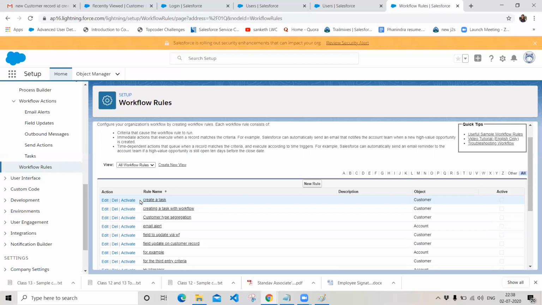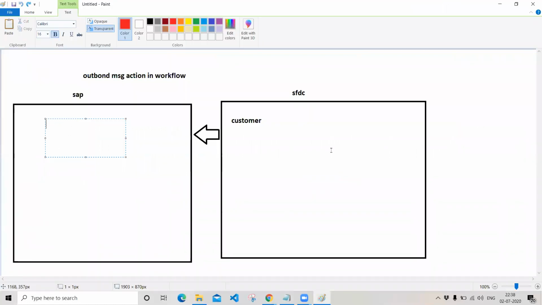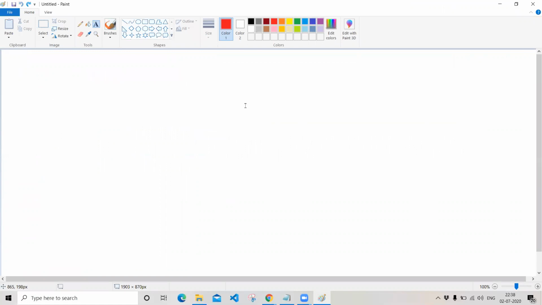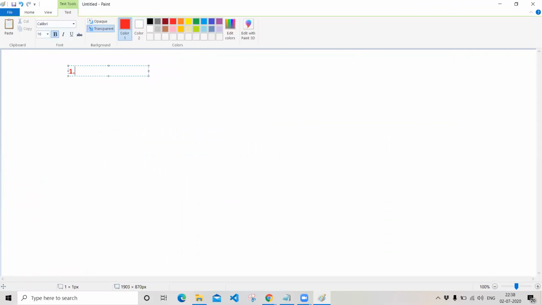And similarly, we have some entry criteria in our organization, saying that whenever a record is created, and we have a second criteria, whenever a record is created and anytime edited, and we have a third criteria saying created, and every time edited, to subsequently meet the criteria.